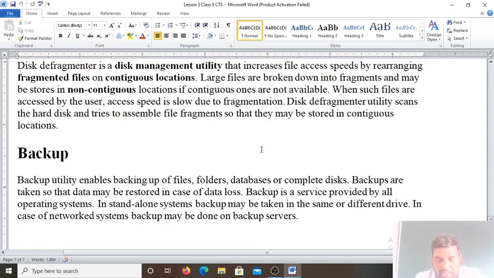Suppose you have already installed an antivirus in your system. How do you scan your pen drive with the help of the antivirus software? For that purpose, first attach your pen drive to the computer by inserting it in the USB port. Click on Start and go to Computer. Right click on the pen drive icon.